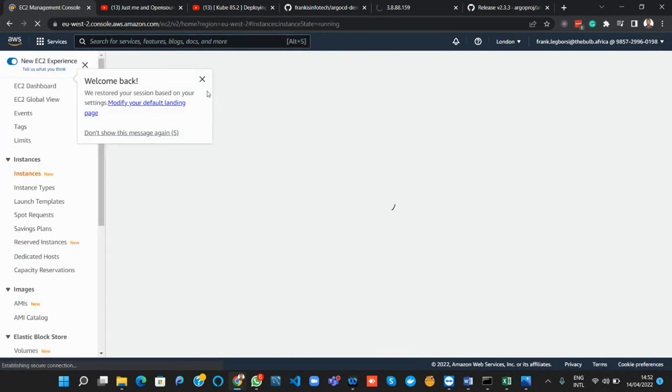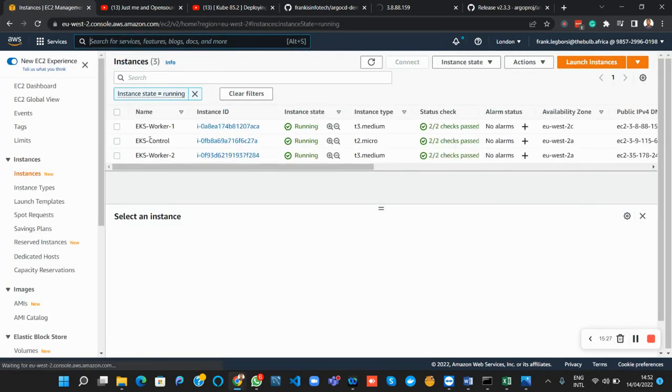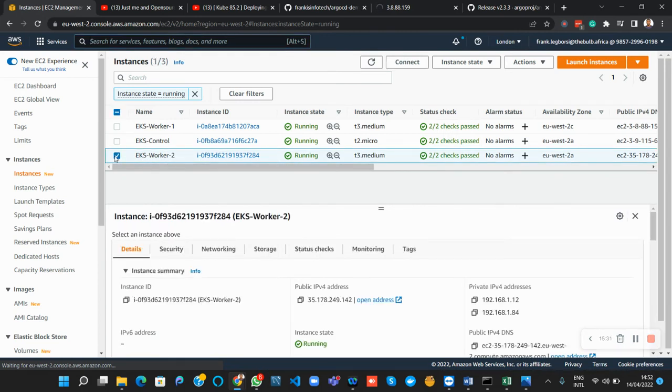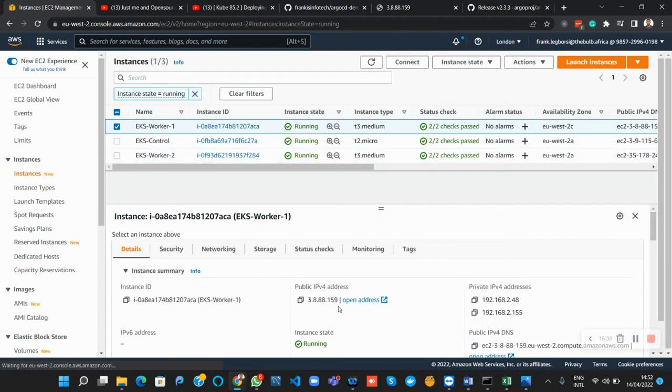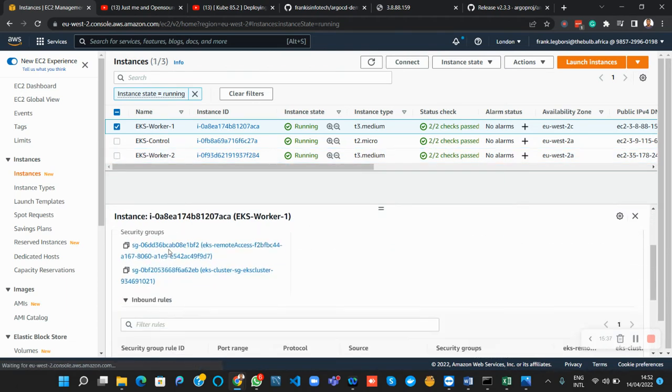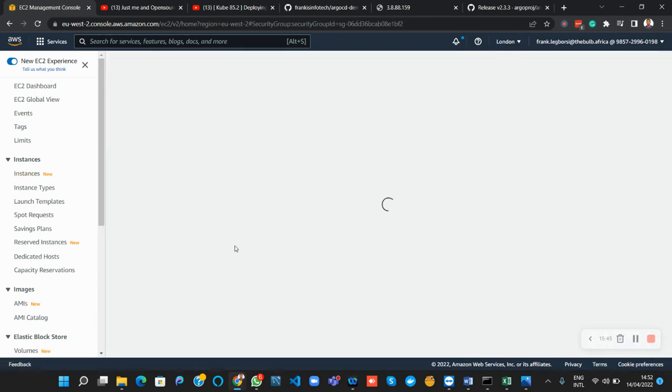EC2 instance. Go to my worker nodes. Which of the nodes have I used? Not this one, worker node 1. All right, so worker node 1, I go to security group. There are two security groups it created, so the one with remote access. Click on the remote access security group,